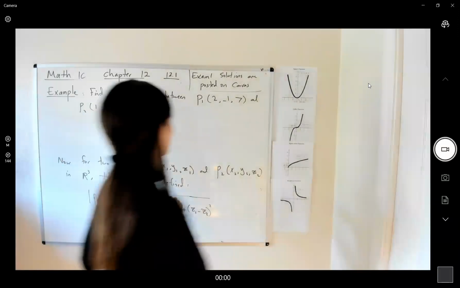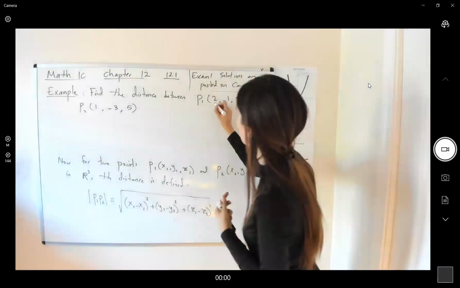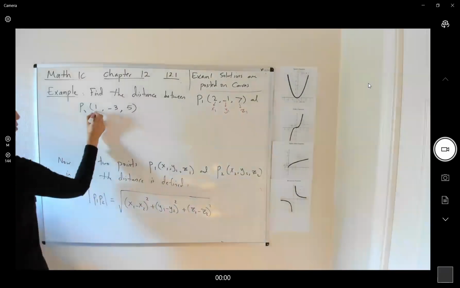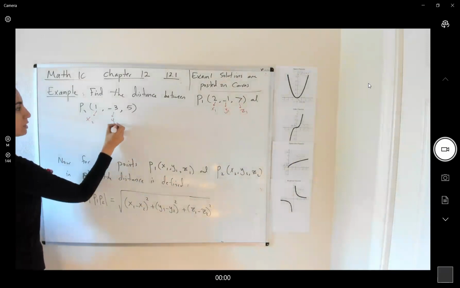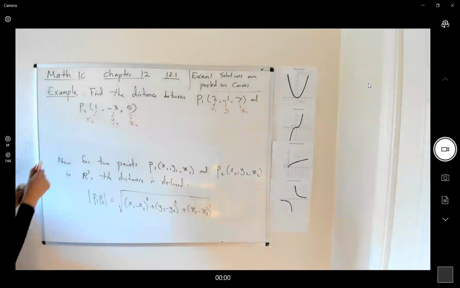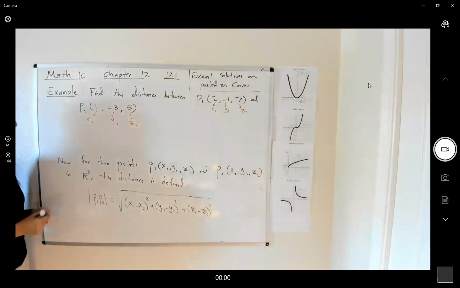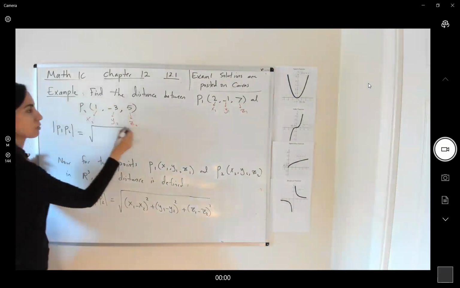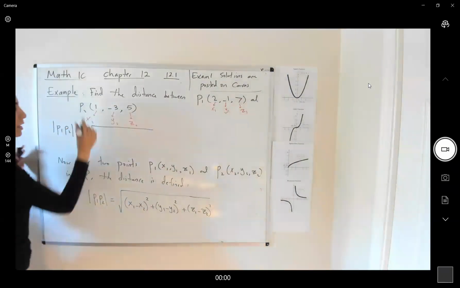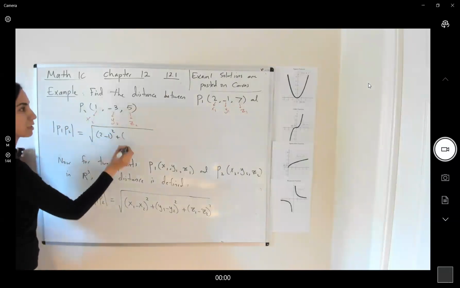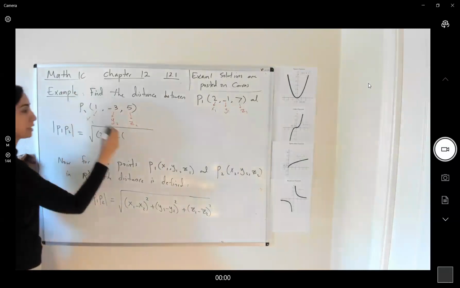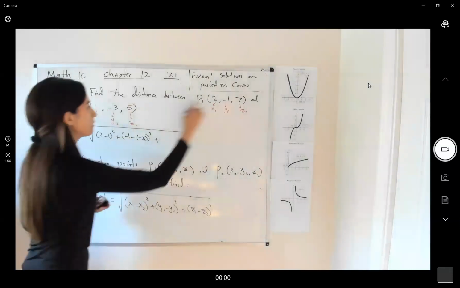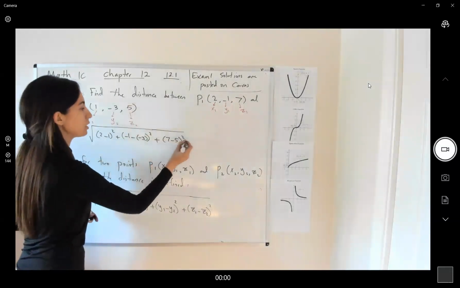Perfect. So let's label each of these for simplicity. Here you have x sub 1, y sub 1, z sub 1. Then here you have x sub 2, y sub 2, z sub 2. Okay, let's just follow the formula. The distance between P1, P2 is the square root of 2 minus 1 squared plus negative 1 minus 3 squared plus the difference of z values, 7 minus 5 squared, which gives you